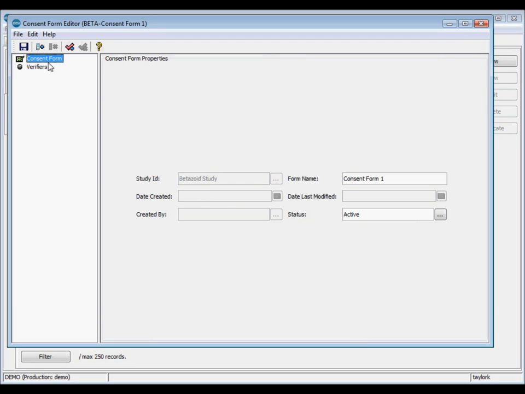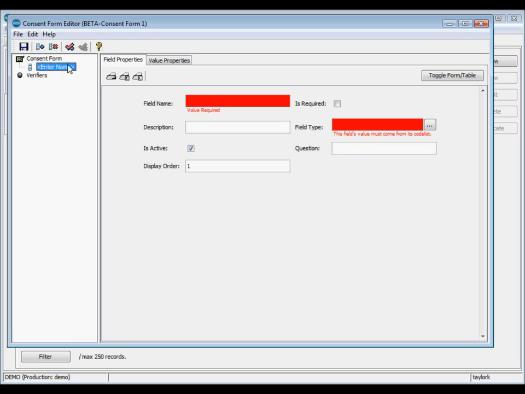In the consent form editor, we have two potential trees, the consent form tree and the verifiers tree. The consent form tree is where we add the individual fields for each consent form, and the verifiers tree is where we set up verifiers. To set up verifiers, we must first enter the consent form fields. To add a consent form field, we go up to the button at the top for Add Field and press it. This will add a new node to the tree